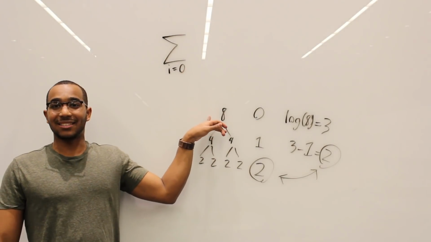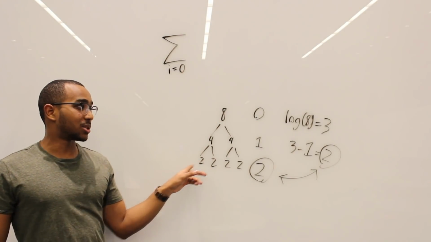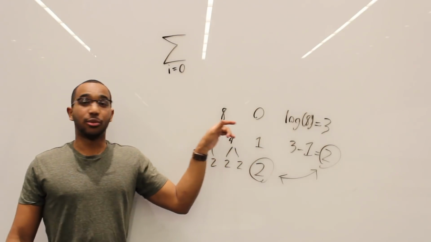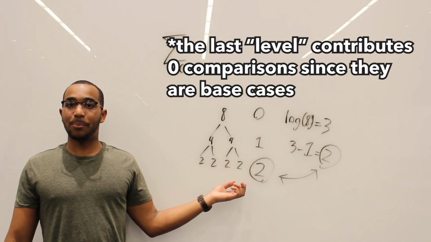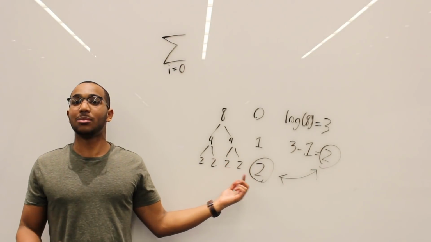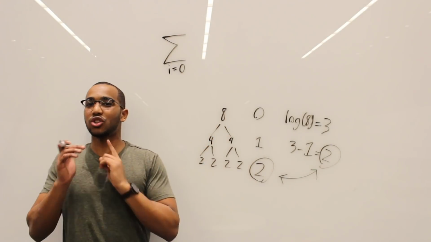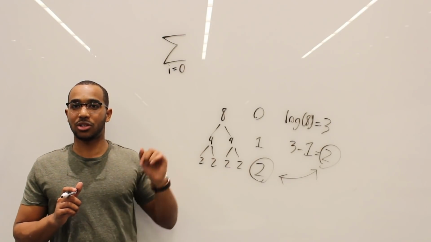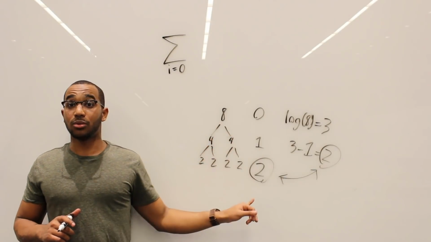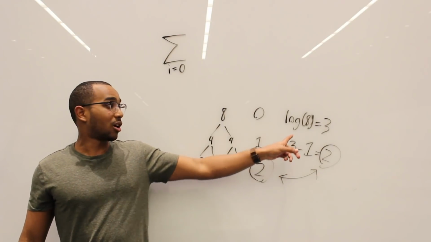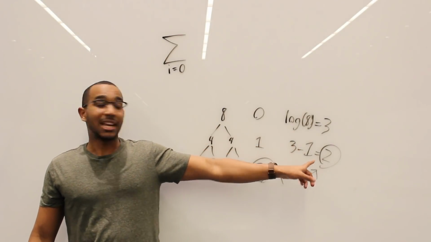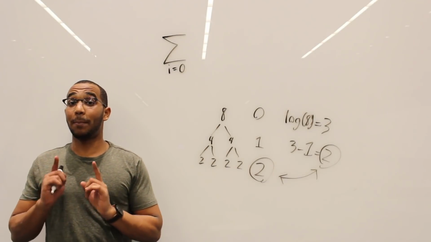So if n is 8, imagine that. We split this many times. Log of 8 is 3. 3 splittings, right? So 3 splittings, and we have up to 2 levels in terms of indexing off 0. We're just switching our indexing here so that we can run a summation. So we go from 0 to 2. How do I express this in terms of logs? I say log of n minus 1 is 2. So this is what our upper bound becomes.